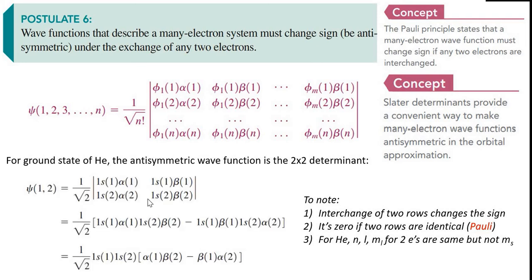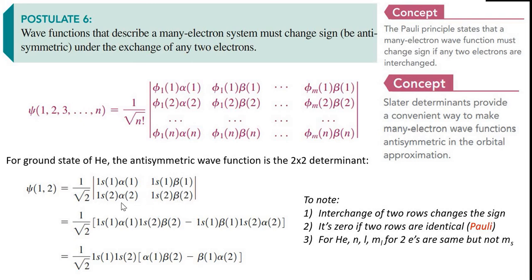So it is going to be a 2 by 2 problem because there are two electrons, 1 and 2, and the spatial orbital I am taking, how many? Half of 2 electrons. So we need only one spatial orbital and 2 spin halves, alpha and beta. So 1s is enough as the spatial orbital. So what will be the determinant? 1s1 alpha 1, 1s1 beta 1, and the next row is 1s2 alpha 2, 1s2 beta 2. The first row for electron 1, the second row for electron 2.